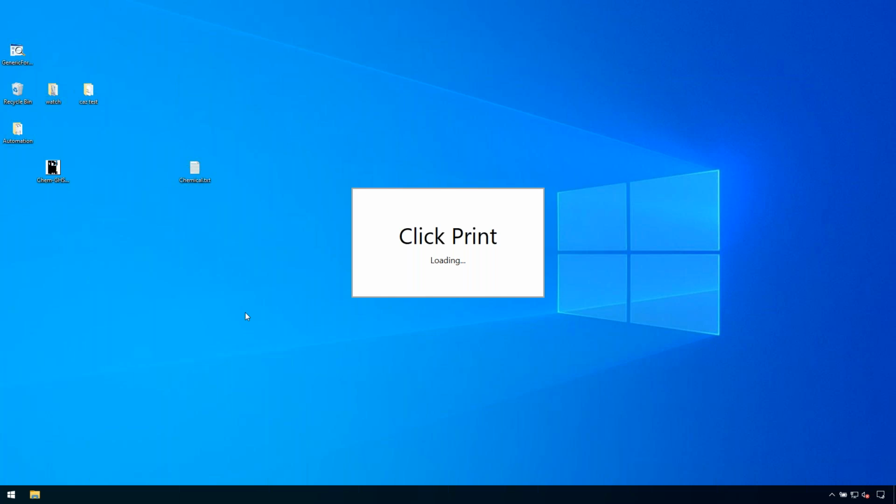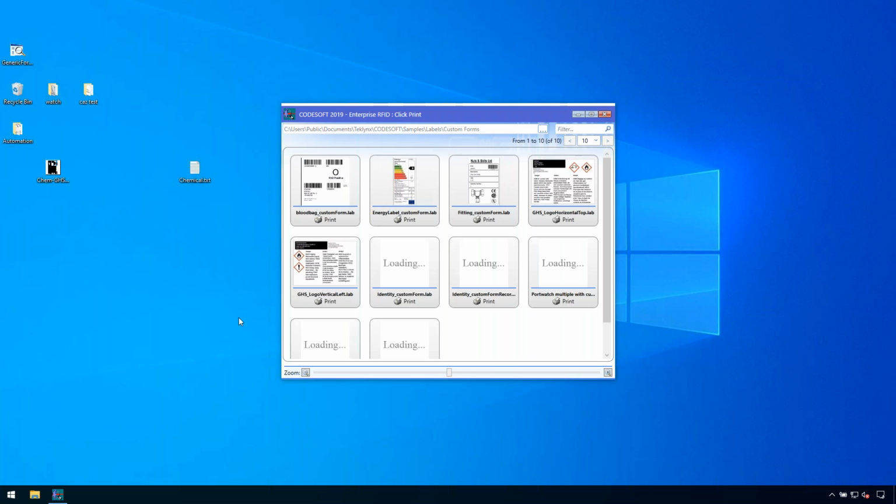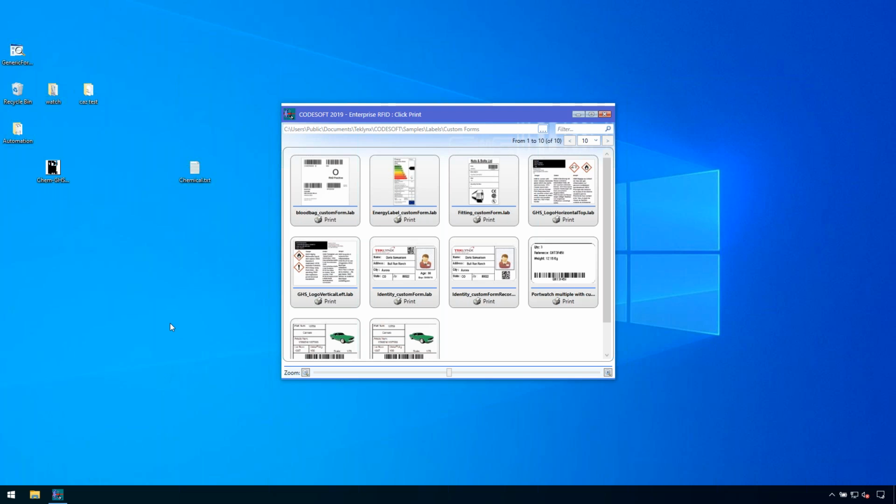Now, I've seen a number of ways on how to lock this down. Not even using user manager or document level passwords. I've seen administrators just remove all the shortcuts and just place Click Print on the desktop. Or again, you can use user manager so they can't really do anything in the software. You can enable the document level passwords. Again, there's a number of ways to go about this within CODESOFT, and it's whatever you're more comfortable with. However,